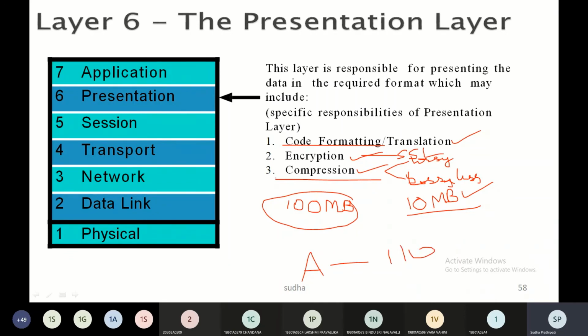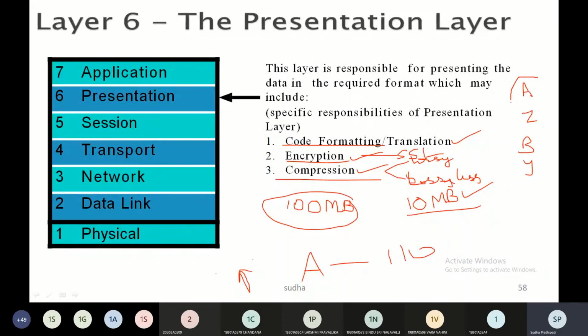Encryption is where you will be having an algorithm, and based on the algorithm, you will change the text to another text which cannot be understood. Only you and the other person will be able to understand that text. Nobody in the middle will understand, because you yourself know the algorithm. Say for example, I am representing A as Z, and I'll represent B as Y. This can be another encryption algorithm.